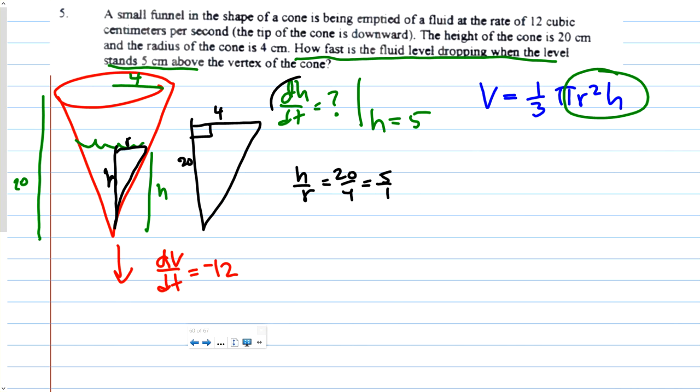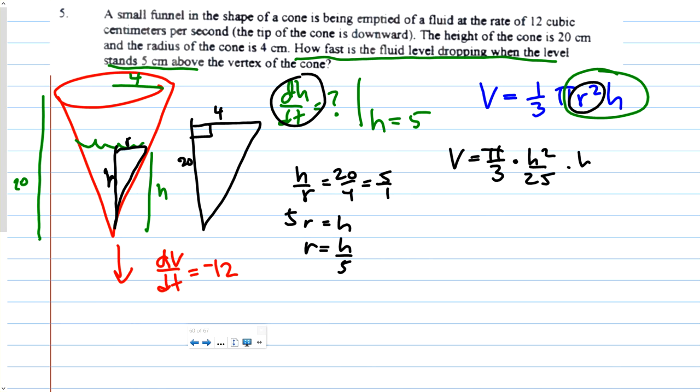On this problem, they give me dh/dt. So what would I like to change everything to, h's or r's? H's. If you want to change everything to h, then solve for r here so you can plug in. I'm going to cross multiply, and I'll get 5r equals h. So therefore, r is equal to h over 5. I really don't want r, though. What do I really want? r squared. So that's going to be pi over 3 times h squared over 25 times h. And if I simplify that, I get pi h cubed